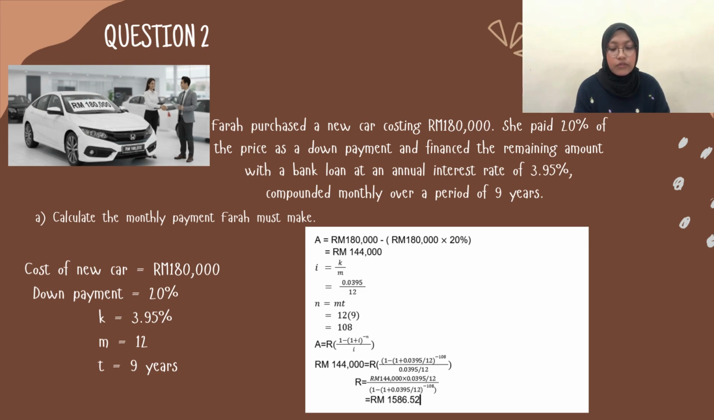After we find A, we have to find the value of I. I equals K over M, so it will be 0.0395 over 12. For N equals MT, it will be 12 times 9 equals 108. After we got all the answers, we substitute in the formula: RM144,000 equals R bracket 1 minus 1 plus 0.0395 over 12 end of bracket the power of negative 108 over 0.0395 over 12 end of bracket. We will get R is